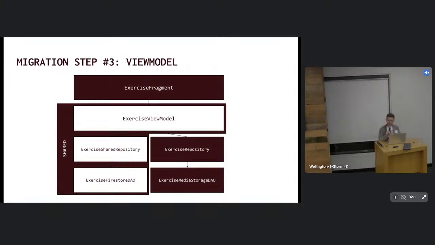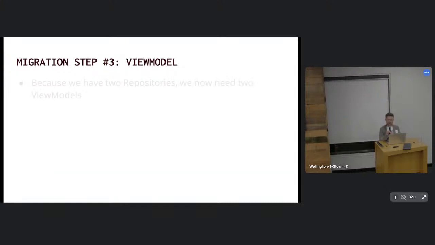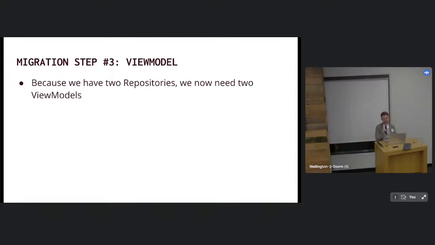So the next step was migrating the view model. And because we have two repositories, now we need two view models. So a shared view model to call the shared repository functions, and a platform-specific view model to call the platform-specific functions. Already, as I proceeded, I was losing more and more appeal of actually using KMM for this scenario. Again, maybe this would have been solved by taking the alternative approach and not trying to share the Firebase integration, but